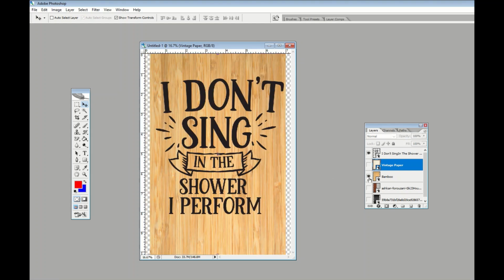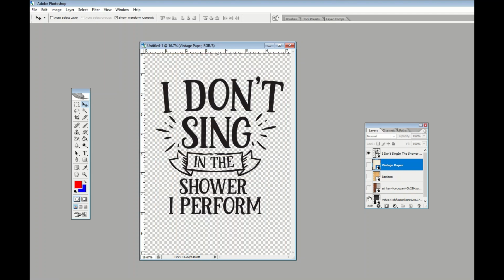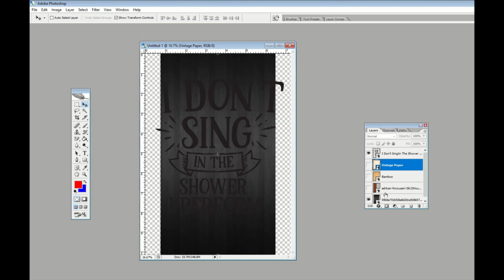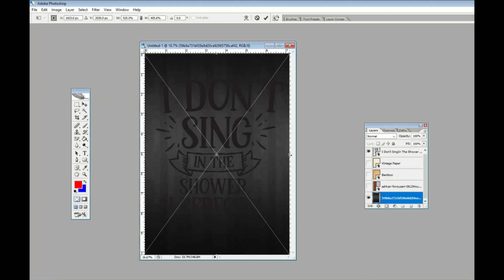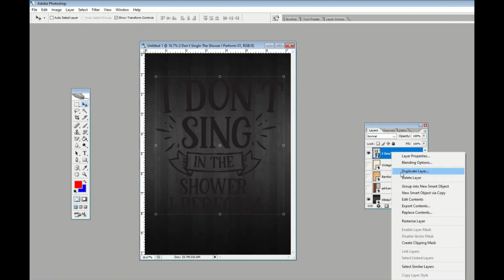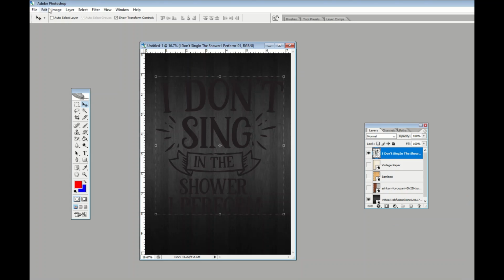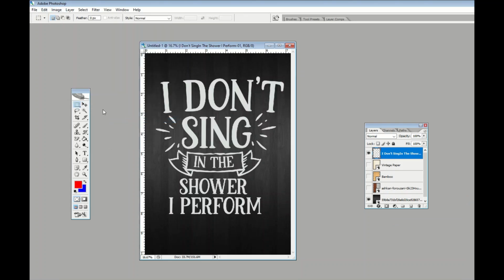There's a bamboo background. There is a brick background. This one I like because it's a really dark wood. So what you can do now is make the original design the opposite. Instead of dark text, you can just make it light text. So that's now a completely different design. It's a different colored font, it's got a different background. So I get that the font's the same,